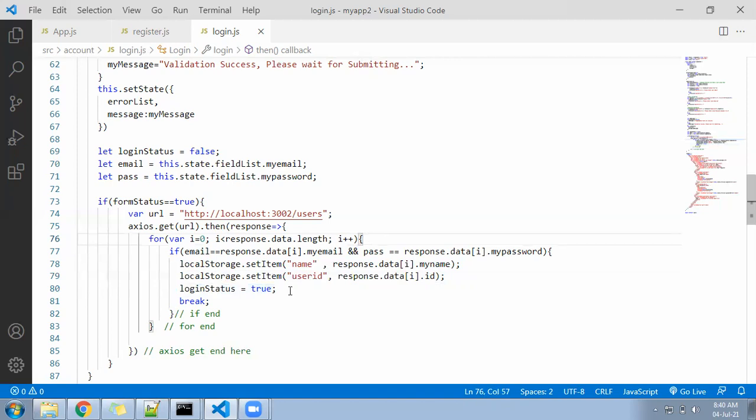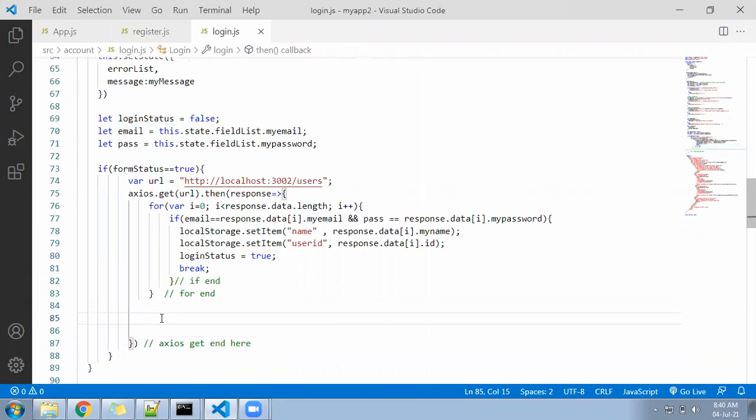So how will we get to know the user has been found or not? If the login status variable becomes true, that means the user has been found, right? Then we will display a message: login success, please wait, redirecting. If login status is still false, we will say invalid or not exist. So let's go here at this place. Now I'm going to write an if condition. I have written comments everywhere, so hope you are not making mistakes. You should write the comments, and your code must be organized properly.